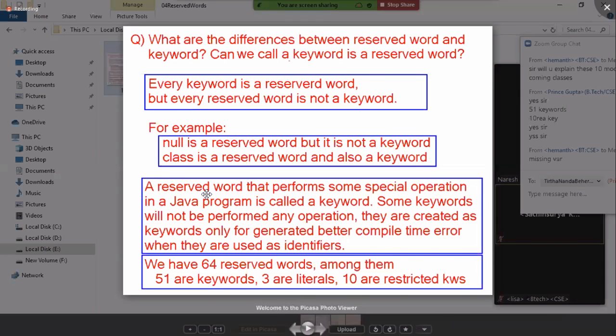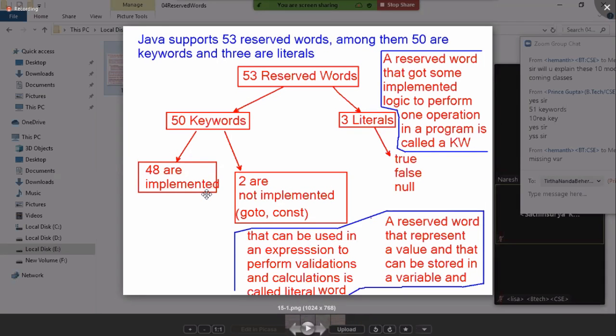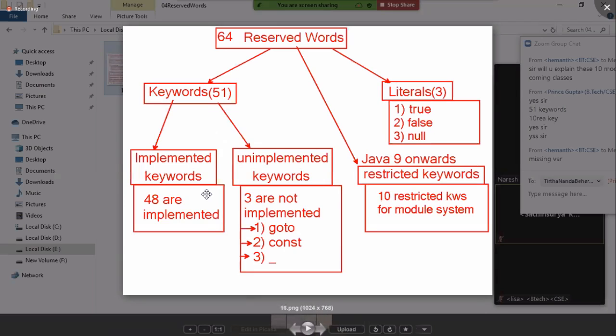Okay, so now let's see the hierarchy diagram. This is up to the Java 8 version. Up to Java 8, we have 53 reserved words only. 50 are keywords, 48 are implemented, 2 are not implemented. The 2 not implemented are goto and const, and 3 are literals. From Java 9 version onwards, we have 64 reserved words. The keywords are 51. In the 51, 48 are implemented, and